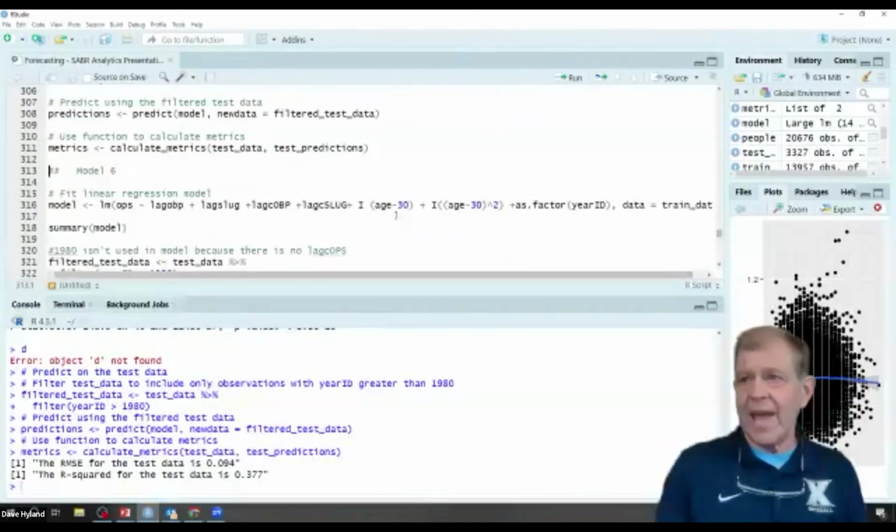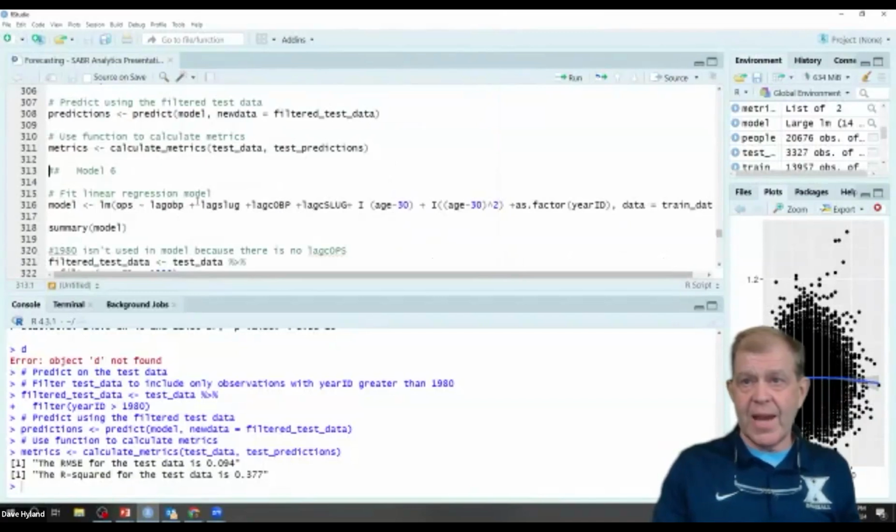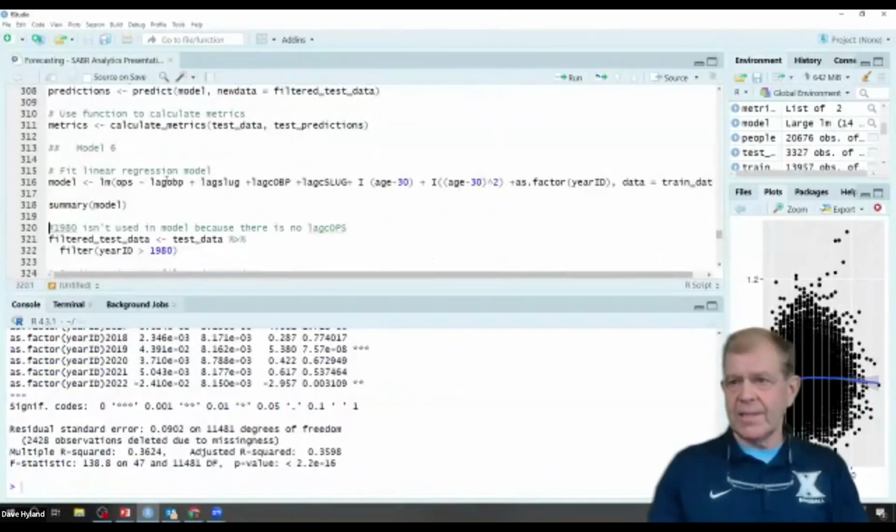So in this one, instead of using OPS, lag OPS, we're going to break it up and use lag OBP and lag slugging, lag career OBP, and lag career slugging. So we'll run that model, summarize it.